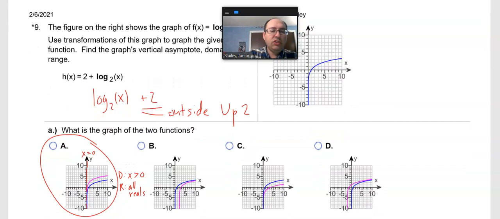Okay, so notice that the 2 is on the outside of the function. Typically we write it on the other side. I'm trying to be all tricky here. But when it's on the outside, it goes up. It's either up or down, and it matches your common sense. So this graph has been moved up 2. Now, you're actually going to have to look at some points here to figure that out. But since it is multiple choice, the only graph that shows up 2 would be letter choice